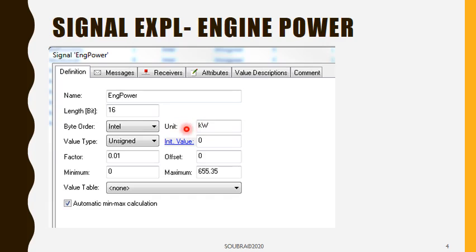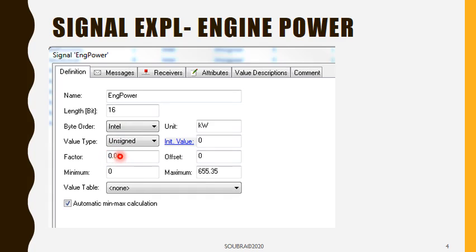And then units, the unit is intuitive as well, so we are talking about engine power, so it's in kilowatts. Fair enough? Alright, so we have raw values going from 0 to 2 to the power of 16 minus 1, so 65,535. However, if we want the physical value, the real physical value, well, we need to apply to it, as we've seen in the formula from the previous slide, the resolution, also known as factor, and the offset. So here it's easy, we have no offset, all we have to do is apply the resolution. So all we have to do is multiply whatever value we have with